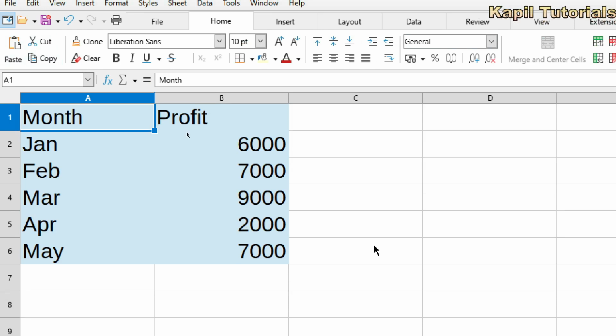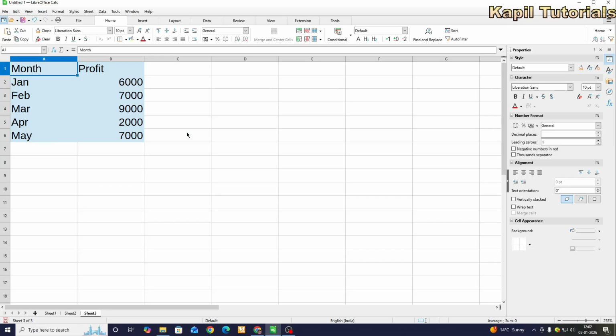So we know how to insert data from a website, and I have also showed you how to insert the data from another spreadsheet. I hope that the concepts are clear. Moving ahead,